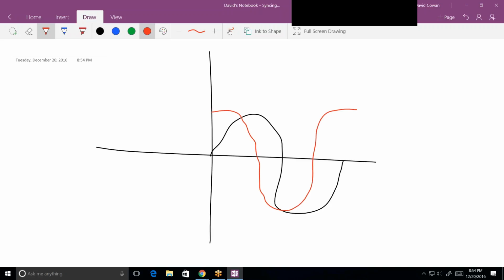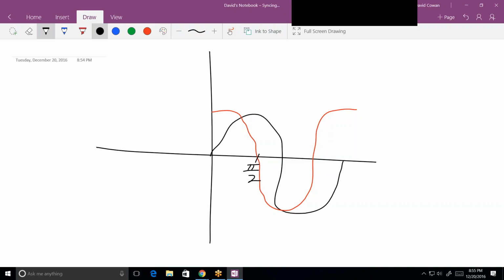The only difference between them is if I took my red line and shifted it to the right by pi over 2, because that's what this mark is, pi over 2,